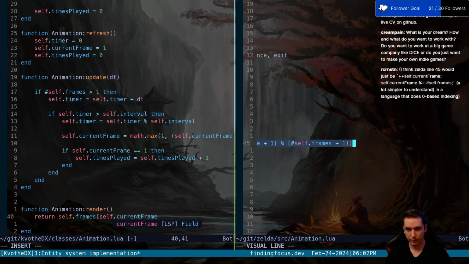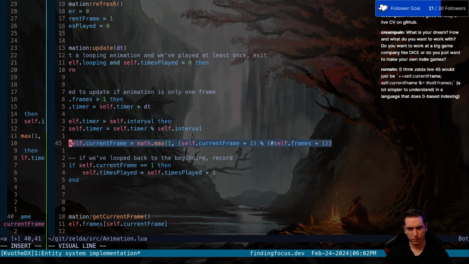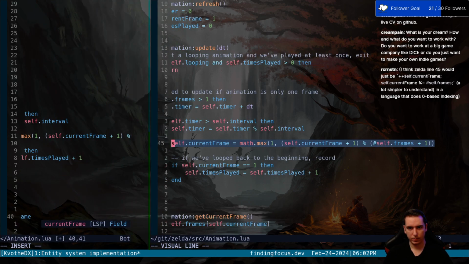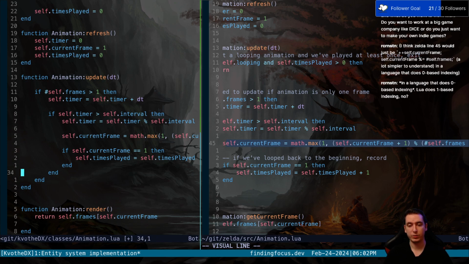Let me see if we can just look at this better. Yeah, okay. So you're saying current frame modulo by self frames. Yeah, for right now, I'm just gonna take them at their word. Their stuff does work. We're running it, so I know their example does work. I do want to eventually, once mine is working and not crashing, I'm gonna come in and do